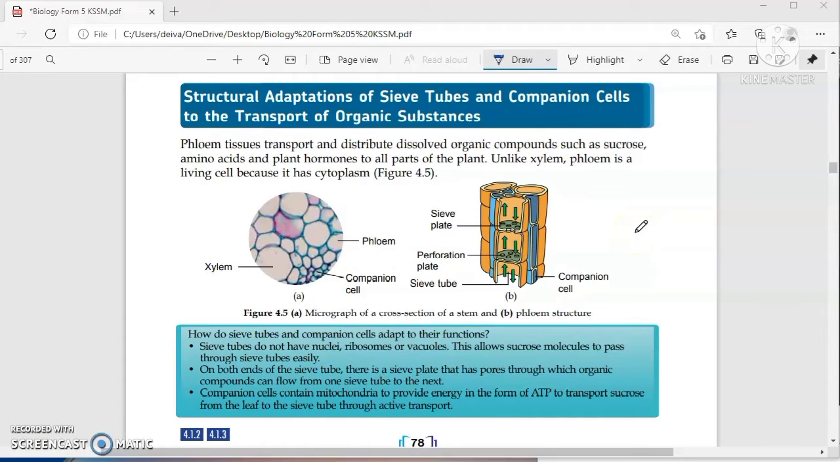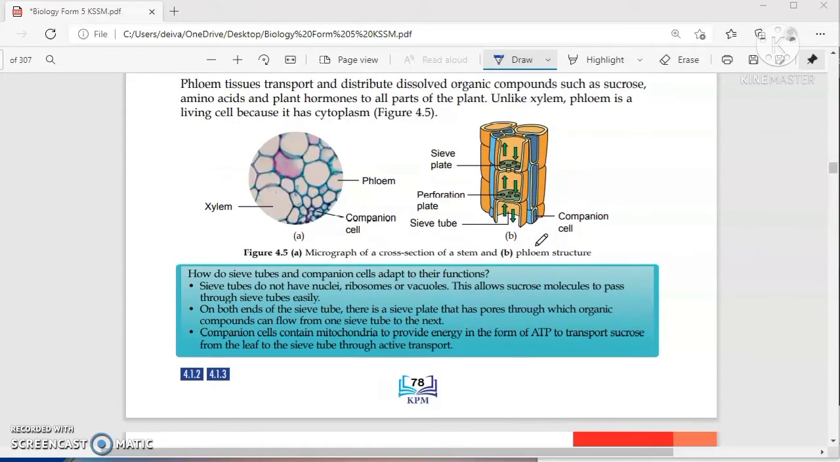Okay, next we see phloem. Phloem, here. This is xylem, phloem. When we see phloem, they have 4 types of cells. Phloem have 4 types of cells, that is sieve plate,